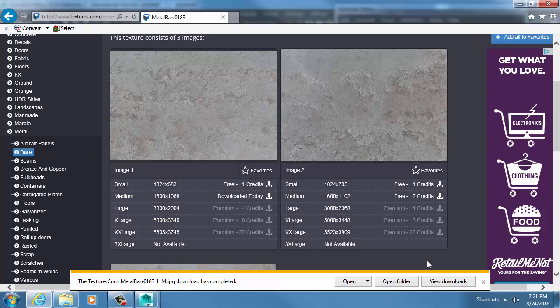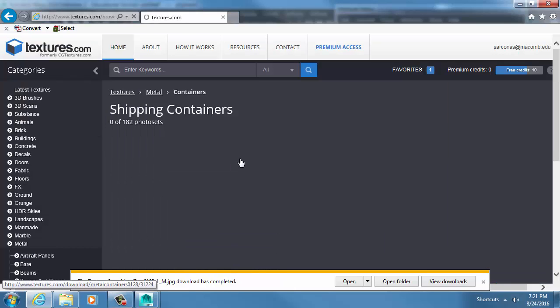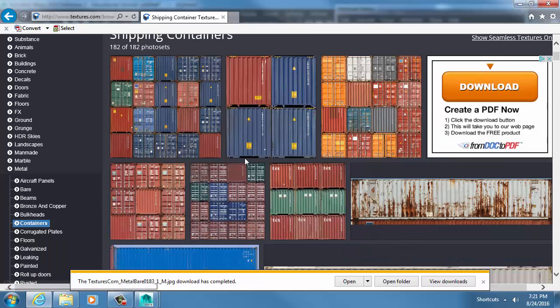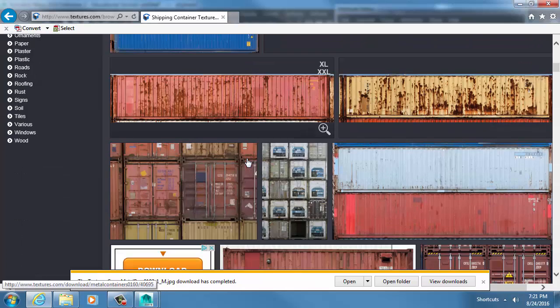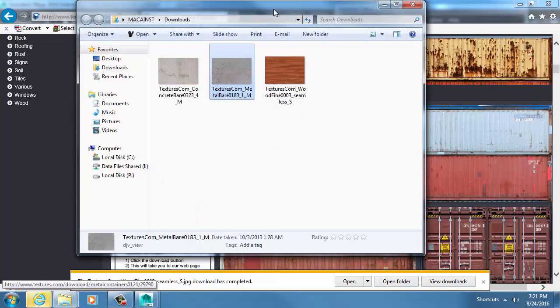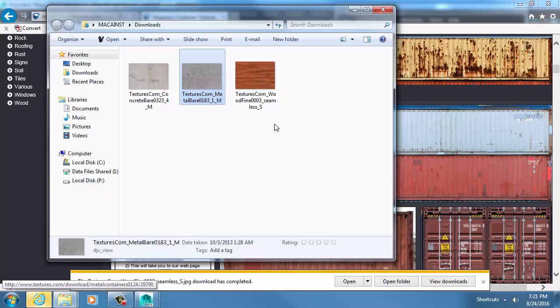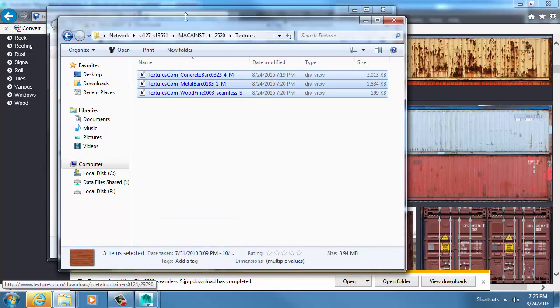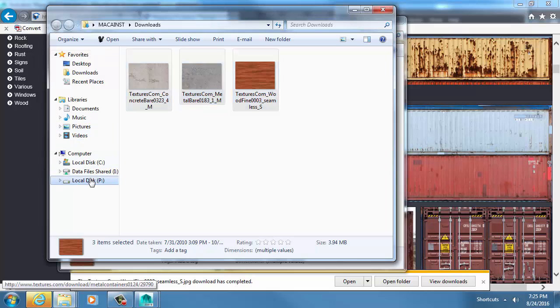You don't want to find something that's very specific. I don't want a piece of corrugated metal, or a container piece of metal, or something that has leaks on it, something I wouldn't use in an everyday instance. But they're not letting me download it. Can I screenshot it? Okay, so I'm going to take these textures